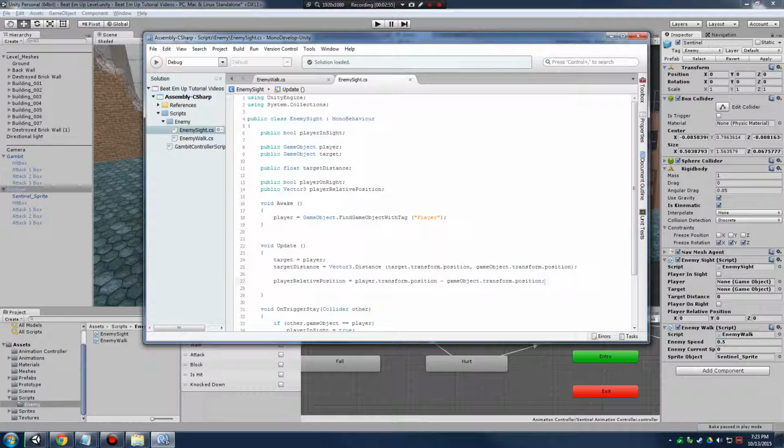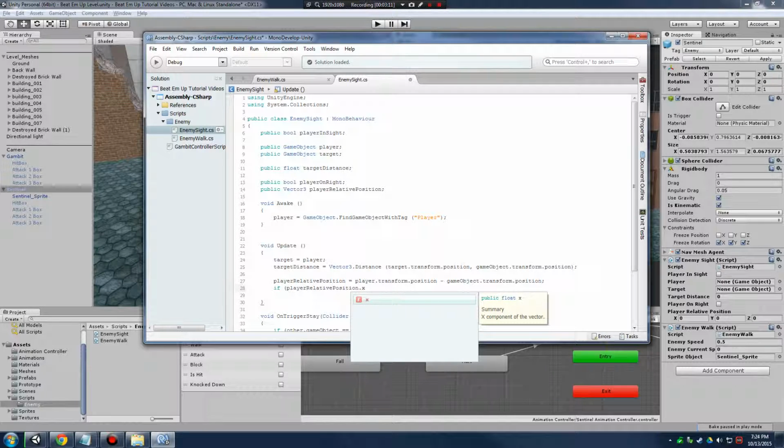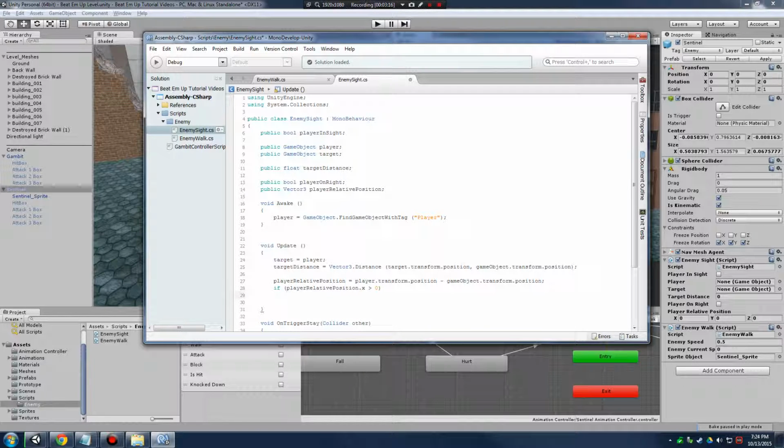But that's a little hard to digest, a little bit hard to use in code. So why don't we add some logic here so we can just say, okay, is the player on the right or left, yes or no? So we're just going to make some conditional statements here. We're going to say if player relative position dot x, remember we're trying to get at that x, is greater than 0, then let's say player on site equals, what does this say? If x is less than 0, then we must be,